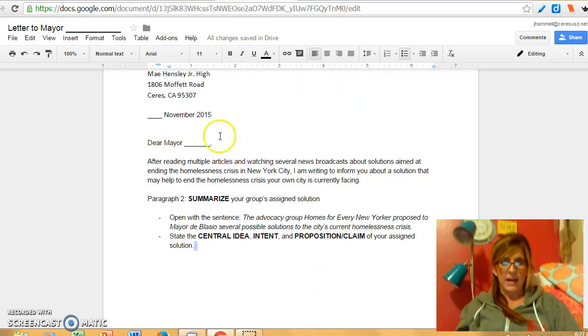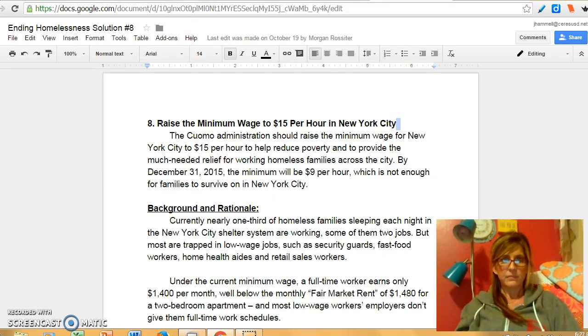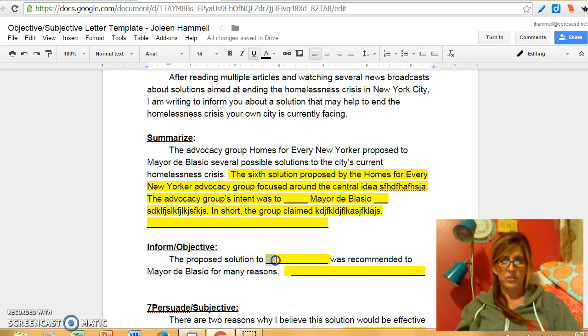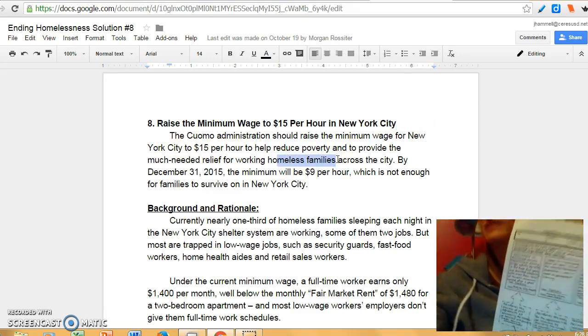So, jumping down now to the next paragraph, paragraph 3, the objective paragraph where you're summing up your solutions. Here it says, open with the sentence, the proposed solution to blank was recommended to Mayor de Blasio for many reasons. Now, if you look at your document, you will see that the proposed solution to blank, the easiest thing for you to do would be to go into Google Classroom and go down to where we had your solution documents,